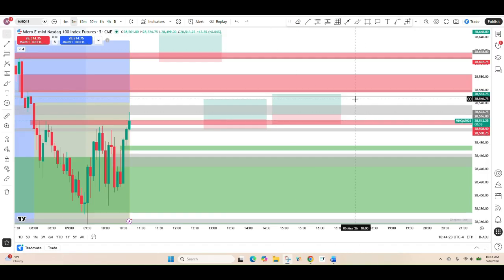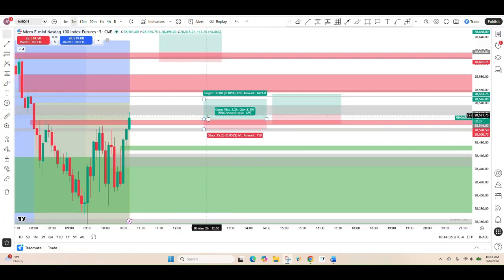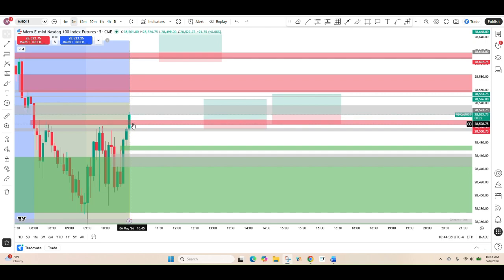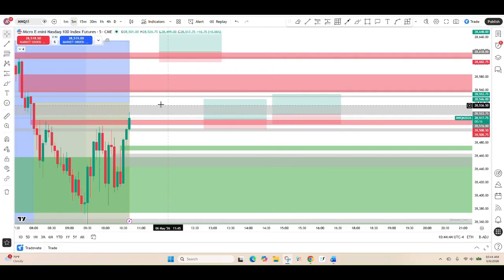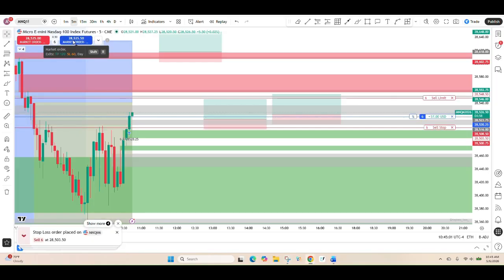Okay, it's 10:34. We didn't get an entry for the first short, but now not a new one, but the previous bearish fair value gap we saw is beginning an entry close to it. So if it closes above this fair value gap and lets us enter either between here or here, then we can enter for a long and target this next fair value gap as a key level. Okay, so we've entered the trade. Let's see how this plays out.